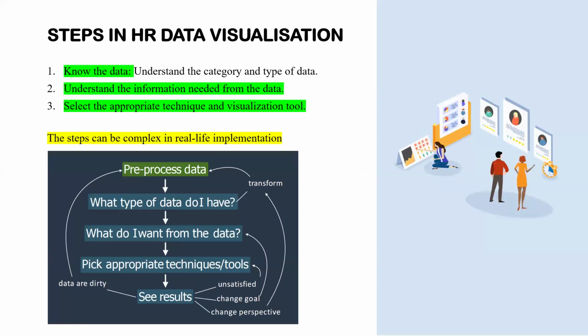Now, once we know data visualization and we understand its relevance and the challenges in it, we want to look at some few steps you have to go through in order to visualize your data for it to make sense. Okay. So first, we are saying that you need to understand your data. Understanding your data involves understanding the category, the data types, all of these things. In fact, that is going to help you determine the kind of visual to use. Okay. Then once you understand the data, you know what entails your data, you need to understand the kind of information you need or the kind of questions you want to answer.